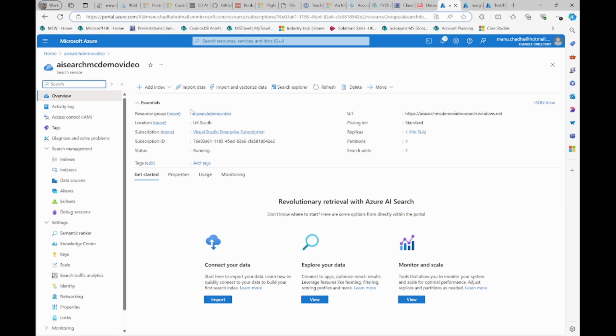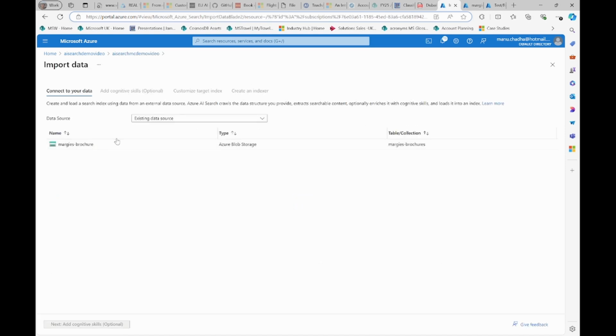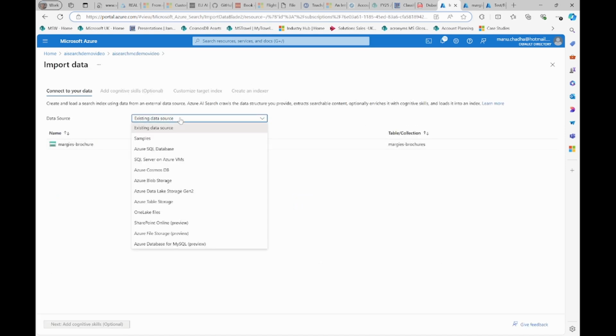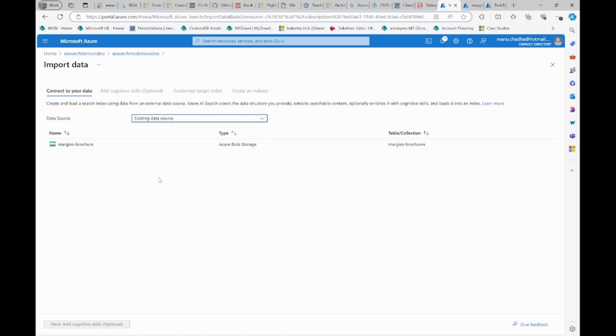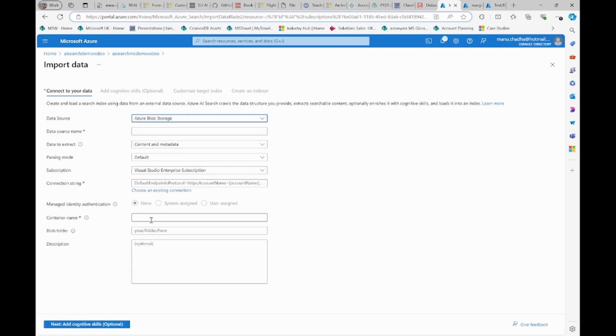Once your files have been imported, what you will see is, let me make sure I got that right. Blob storage, and then you basically select your data source name, you can select your connection, you give a container name. Basically, the name of the container where the information is, and